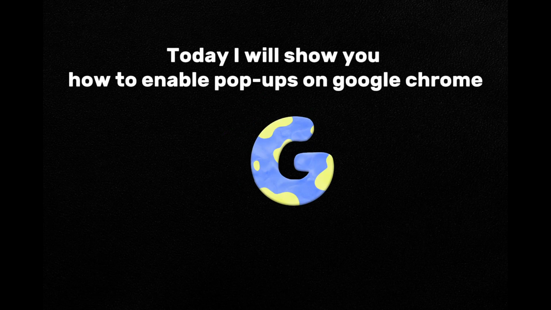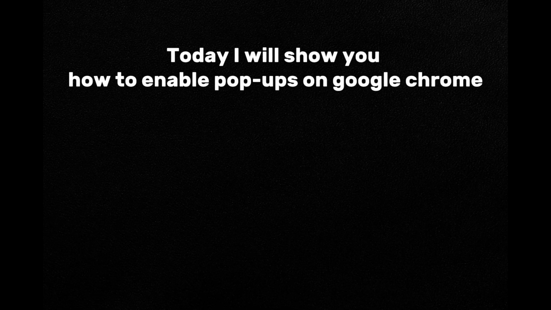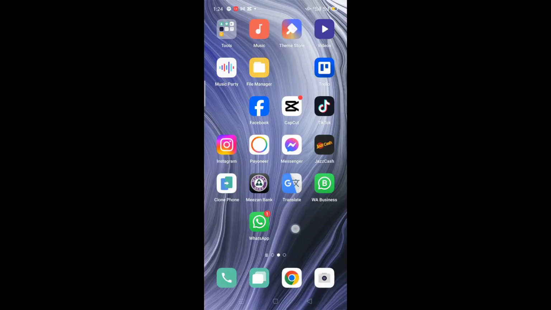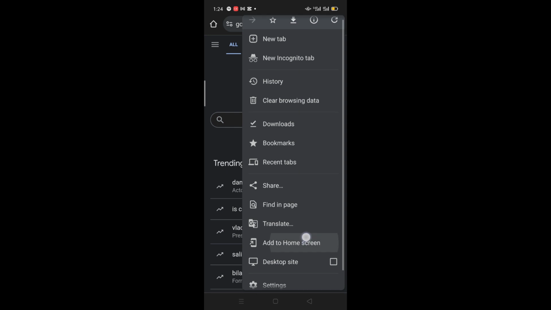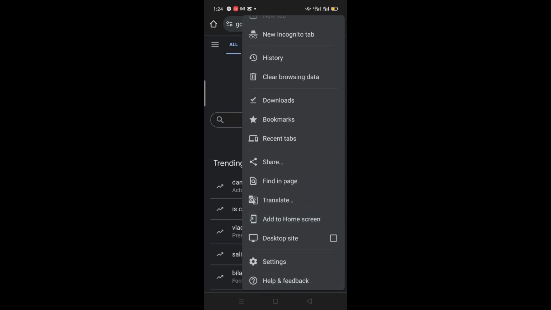Today I will show you how to enable pop-ups on Google Chrome. So you have to just open Google Chrome on the Android device or iOS. So you have to open your Chrome browser and tap the three dots at the top right corner of the settings, and scroll down to click on Settings,